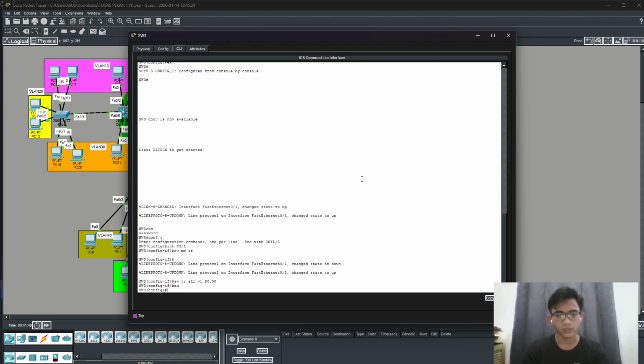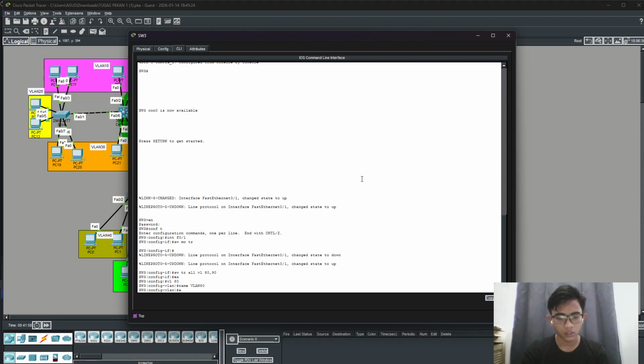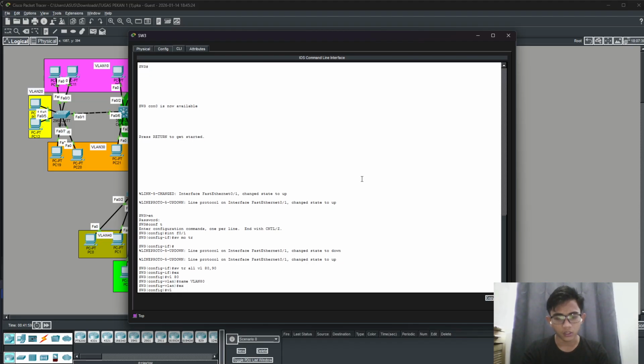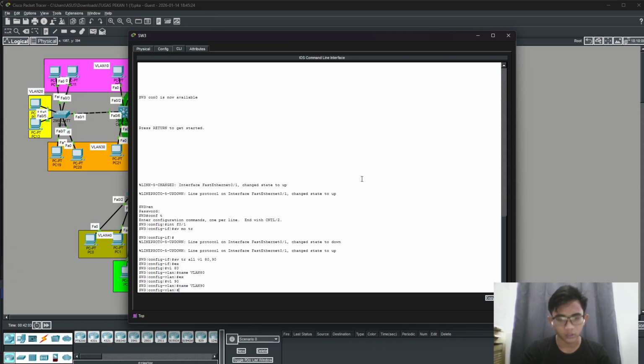Okay, exit. So now we will make the VLANs first. VLAN 80, name is VLAN 80, and exit. VLAN 90, name is VLAN 90.